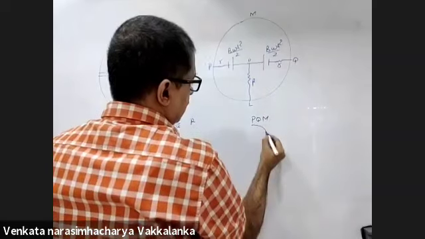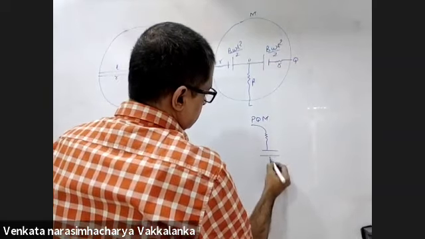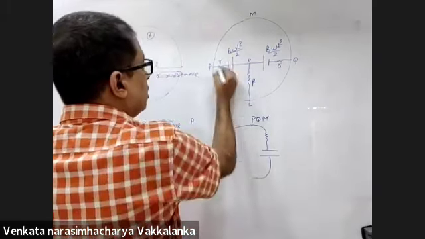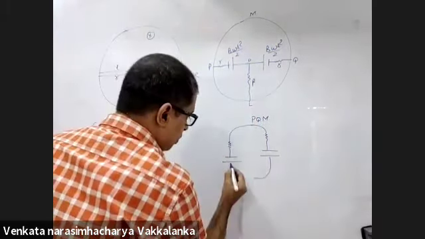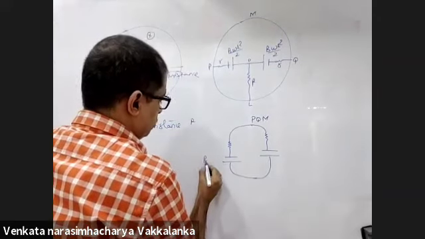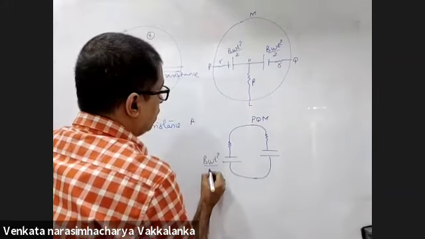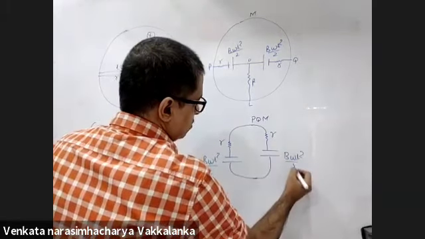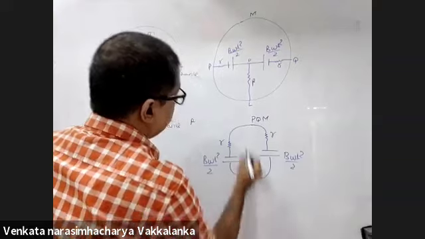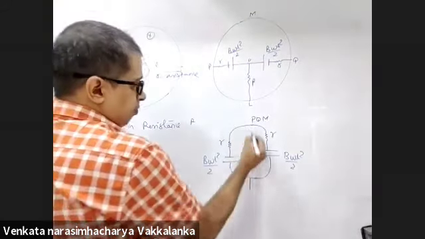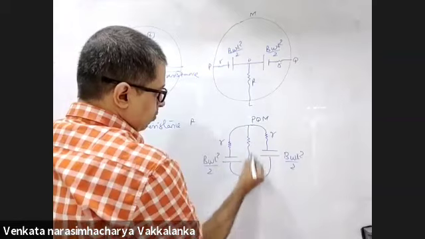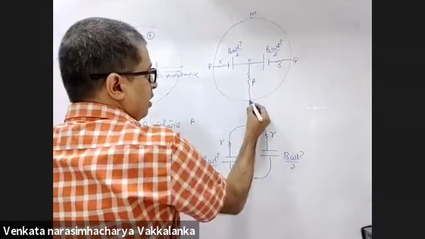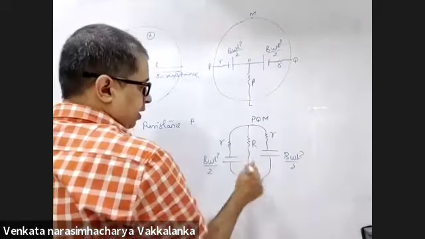Right? I'll have an internal resistance. The negative terminal is PQM, I have done this. B omega L square by 2, small r, B omega L square by 2. L is also connected to M. Is my job done? L is connected to M, isn't it? L, P, Q, M are connected.